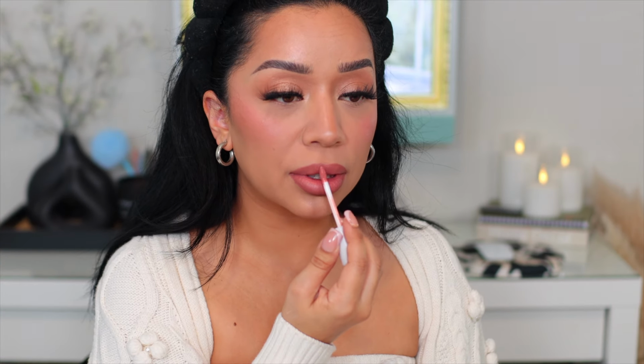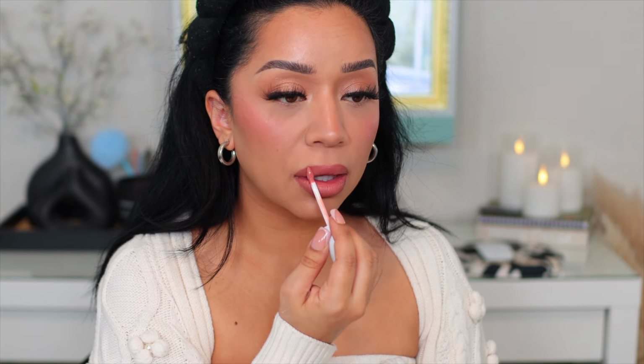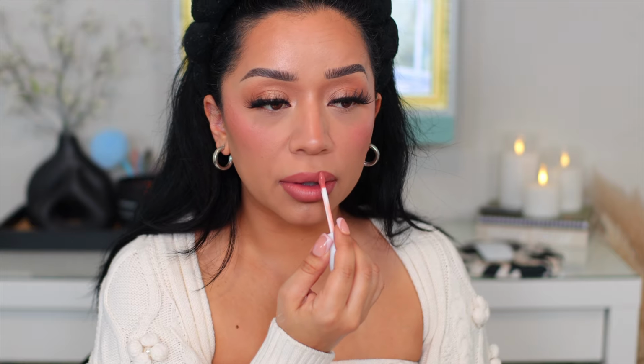Ooh. Ooh, that is pretty. Ooh, I like that. Okay. Let me get my mirror. That is literally the perfect nude. Oh my gosh, it's not too pink. It's not too brown. It is so pretty. I love that. Okay. So this is how it would look if you didn't pair it with any gloss, but we're going to try out the shade